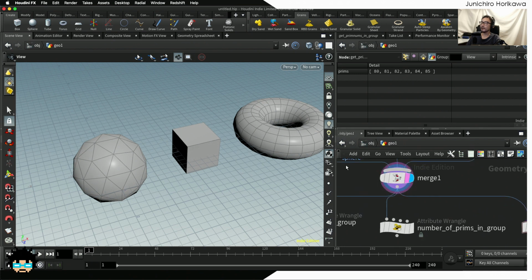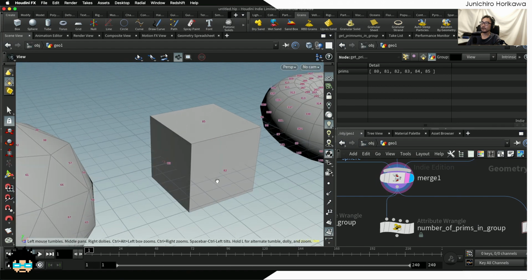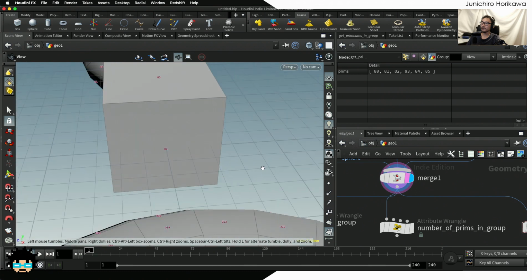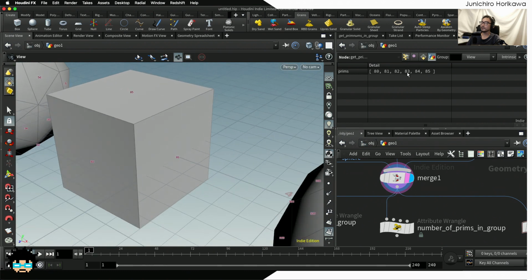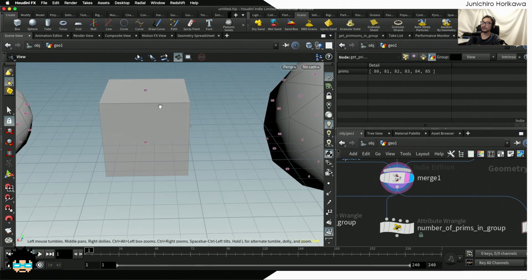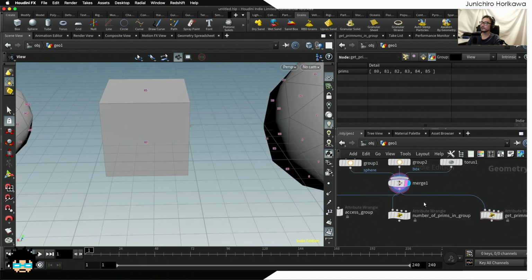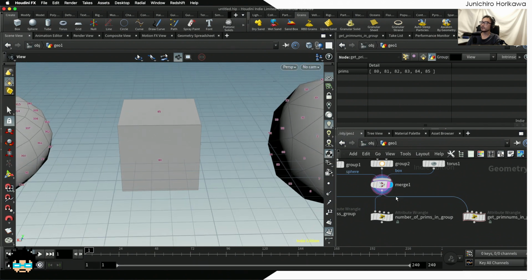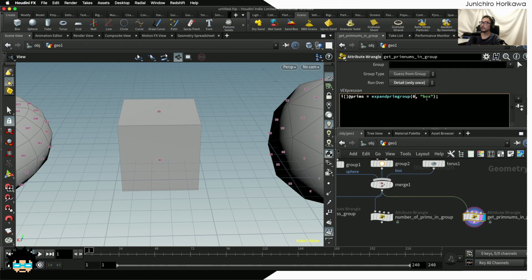So let's check that out by enabling the face number by checking this icon right here. You see that if you check all the faces numbers, it is actually equal to these 80 to 85 numbers. So we have successfully retrieved those information through a VEX code, which is inside the box group. If we change this to a sphere instead of box,